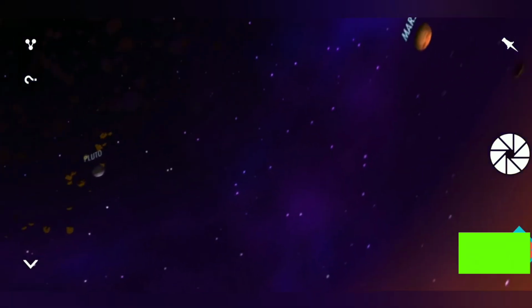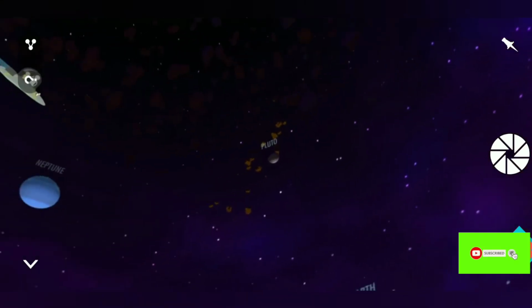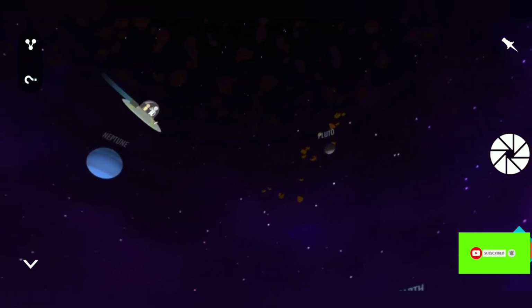Even though we've explored a lot of it, there's still a huge amount left to discover, and that's the beauty of science. There's always more to